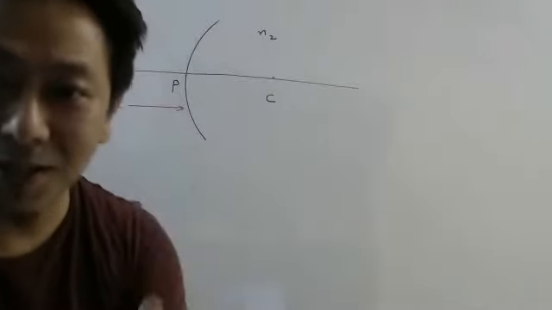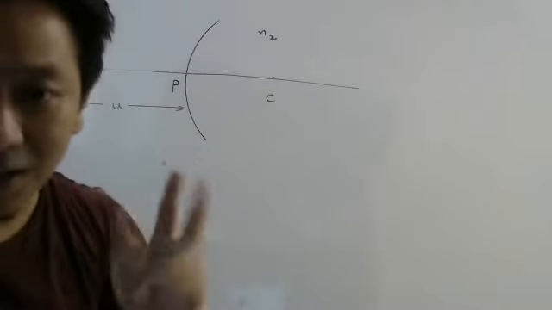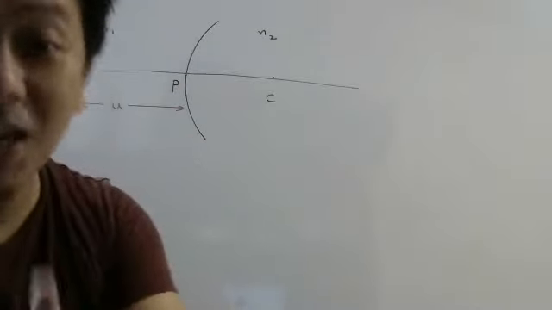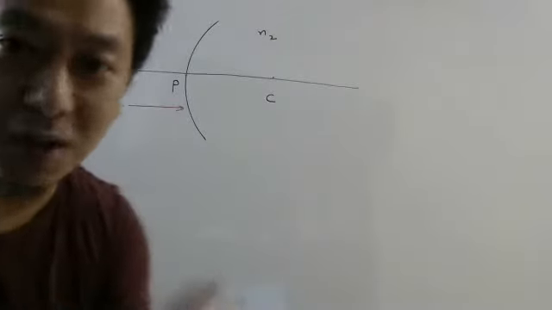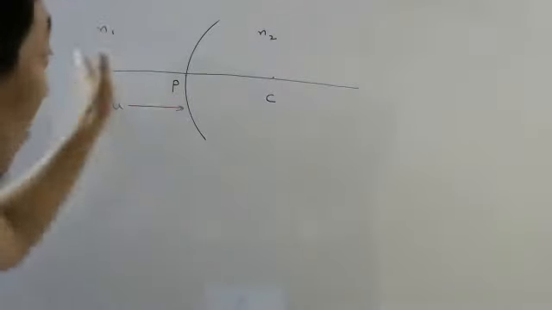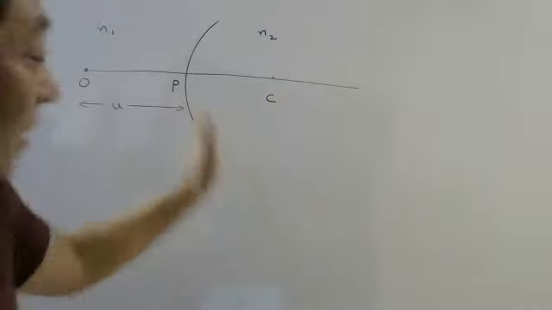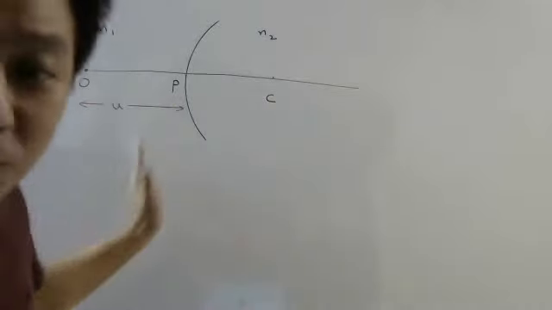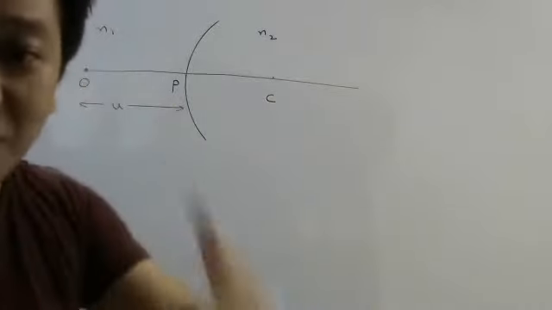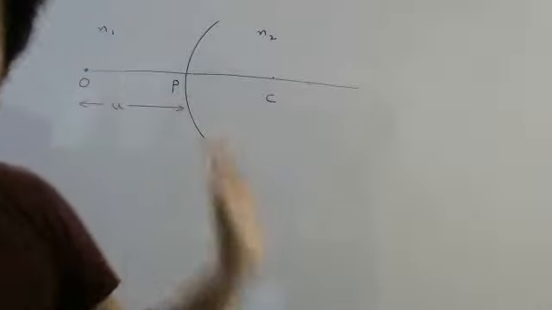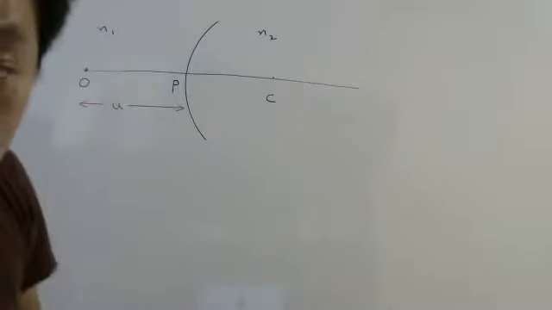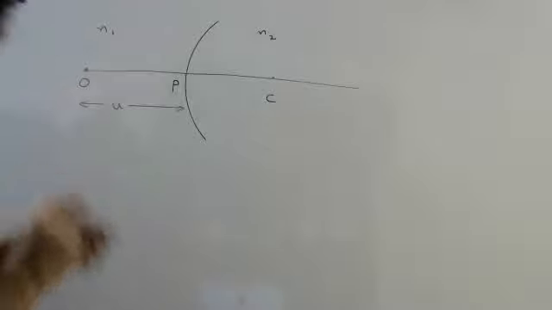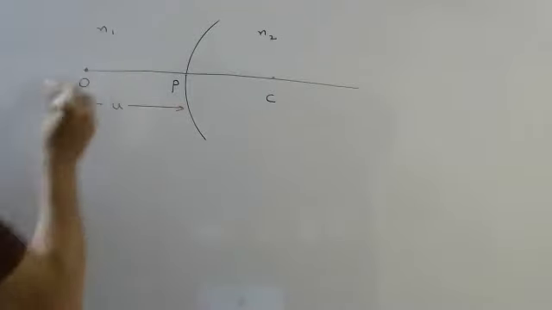Okay, let us consider a spherical surface that separates two media. Mediums you don't say, because plural of medium is media, N1 and N2. Then you can write R is the radius of curvature, U is the object distance, and image distance is V. Like that, you can explain. Now, how do I draw the image? So we have to draw incident rays.